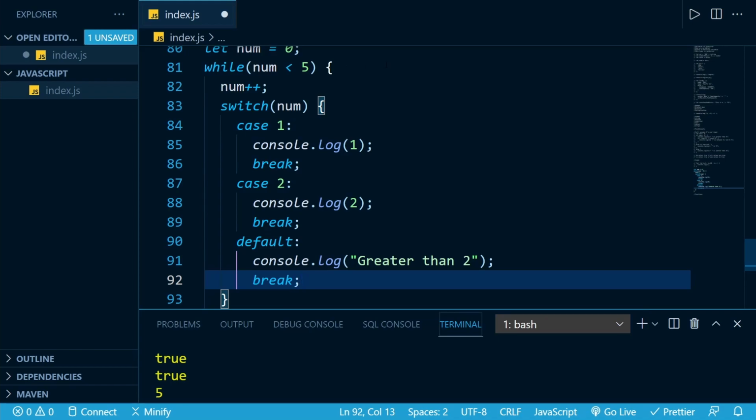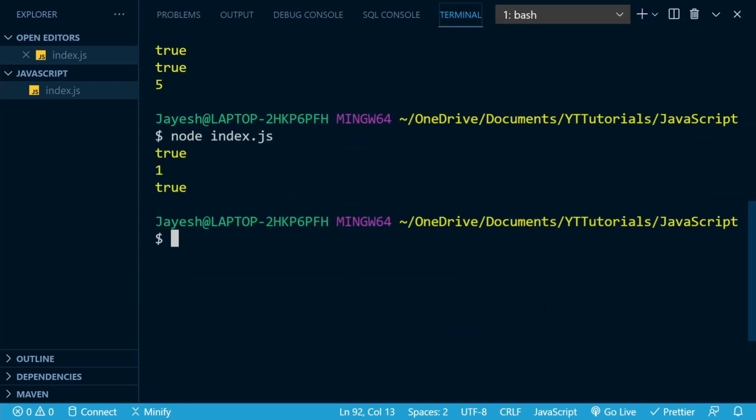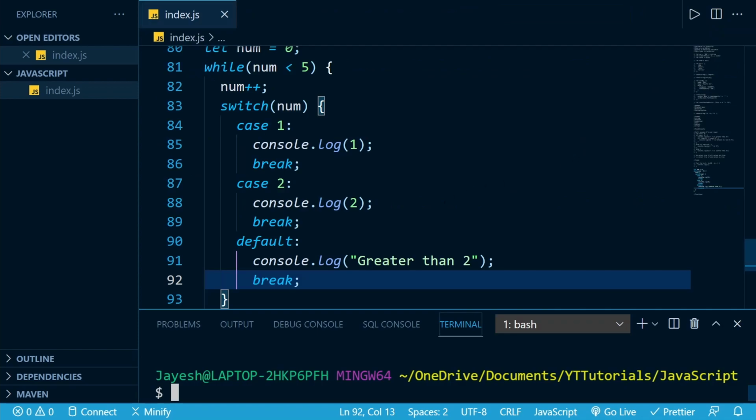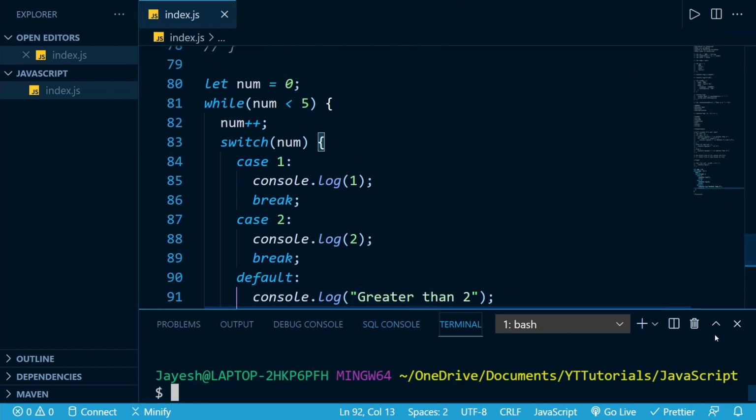So now let's first execute this code and see the output we get. As you can see, it's executed 5 times, and the results we are getting are 1, 2, and greater than 2 three times. So what's happening here? Let's try to understand that.